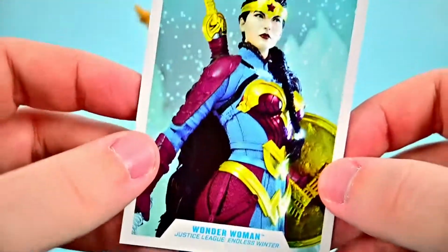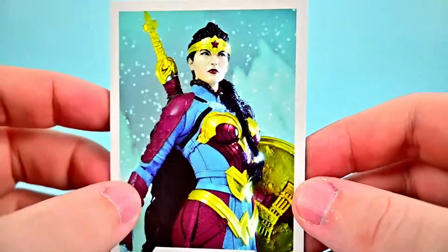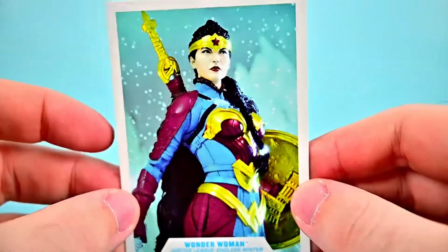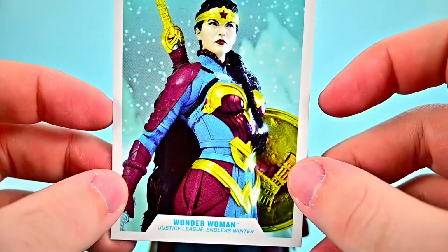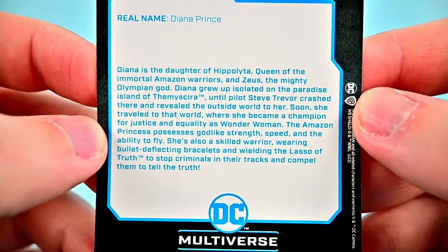And then, of course, we have her card. So there's a picture. I thought it was of the figure, but it looks a little bit different. So I don't know if that was a modified version or what. It doesn't have the long pieces coming down the side of her face. And she has a shield here, so we don't have that stuff, so I don't know what's going on with that. But from Endless Winter, of course, and then all the regular storyline there for Wonder Woman,